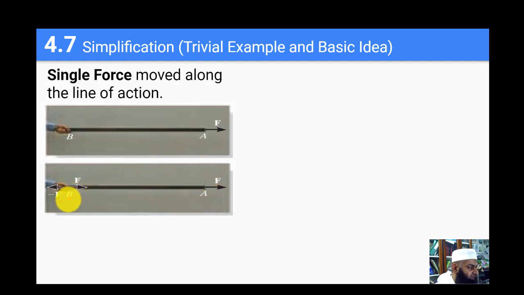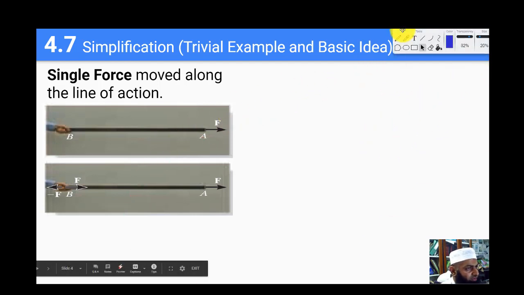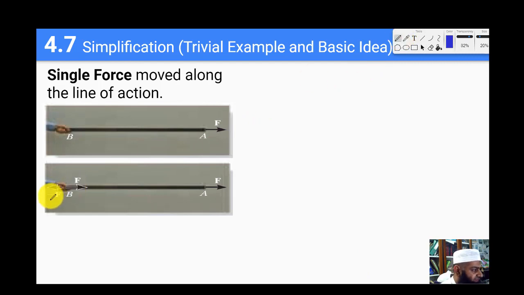We can already see that when we apply two forces which are equal and opposite and acting at the same point, this does not produce any effect on this rigid body, because these two forces cancel each other out, and they also do not produce any resultant couple moment because there is no distance between these two forces. But the next step is that, rather than cancelling out these forces, we want to cancel out this F force with this F force.